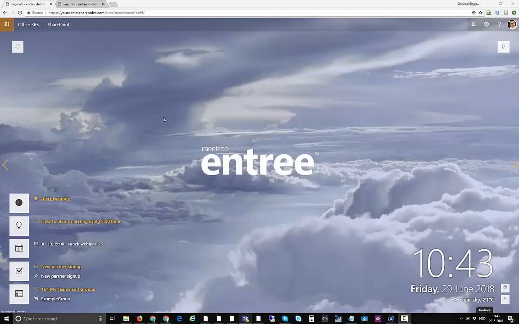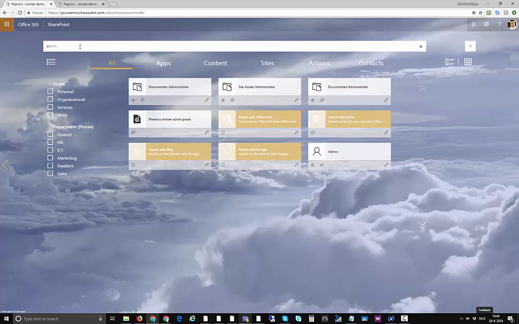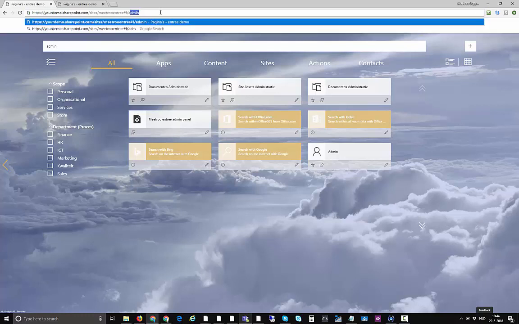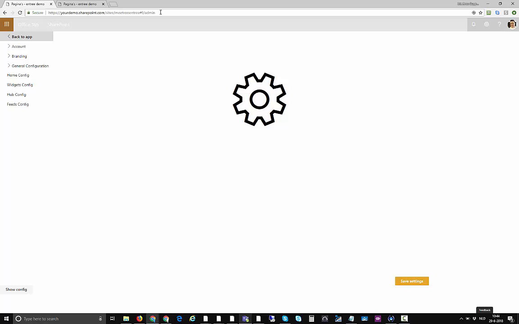Hi, and welcome to a short introduction of the Meetroo Entree Admin panel. There are two ways that you can navigate to the Entree Admin panel. The first one is navigate to the hub, type in admin, and pick Meetroo Entree Admin panel. The other one is just typing in admin behind the URL and click enter, and you are in the Entree